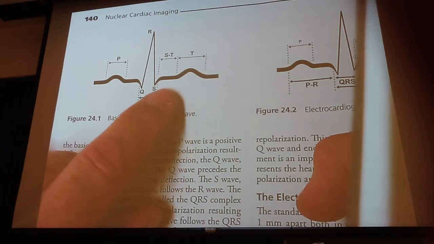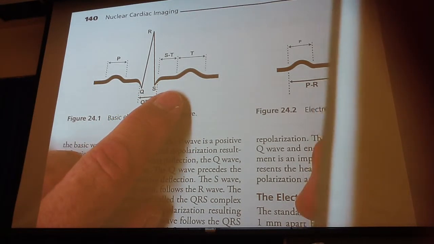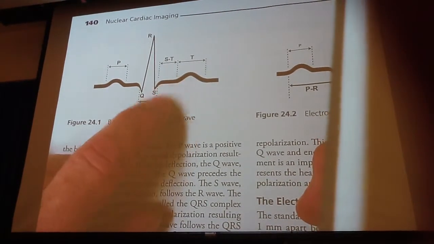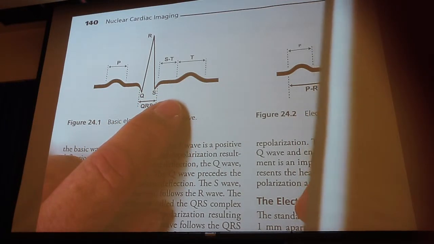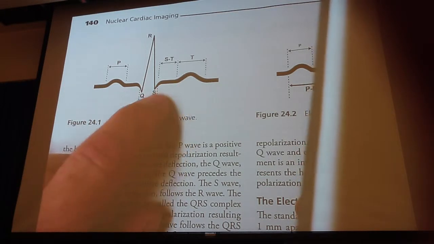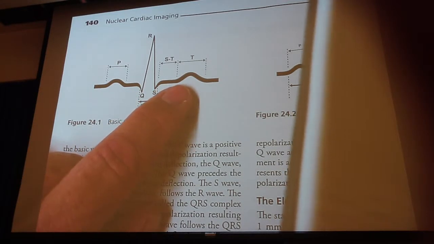Now, by definition, we normally say if this is depressed more than 3 millimeters, we've got a problem. And one of the things that you, as the technologist, have to be aware of is when you're doing the stress testing, if you start seeing ST depression, you better plan on stopping the study real soon. Okay? But ST is where we're repolarizing the muscle for the